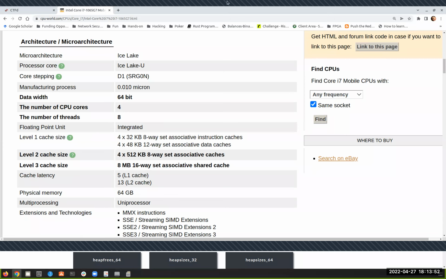Okay, any other questions? Yeah. Yes, because in most cases you do ASLR, you are randomizing the